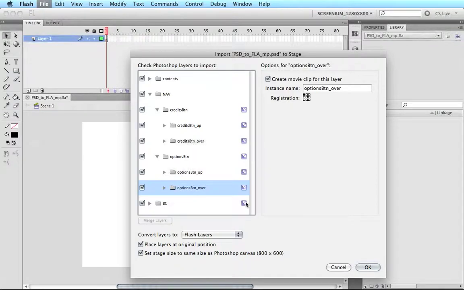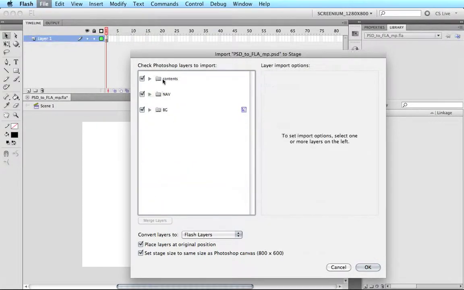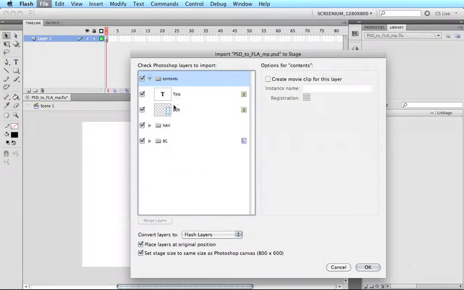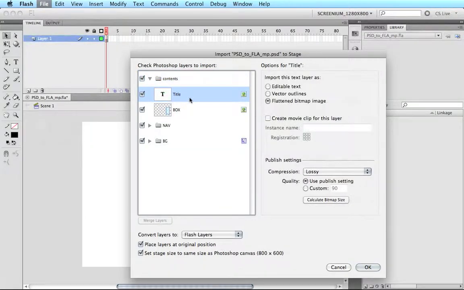So these are all set. You can see the movie clip icons there. The last one is contents. Now I don't want those two to be in the same symbol. So I'm gonna select this one by itself, and I'm gonna click